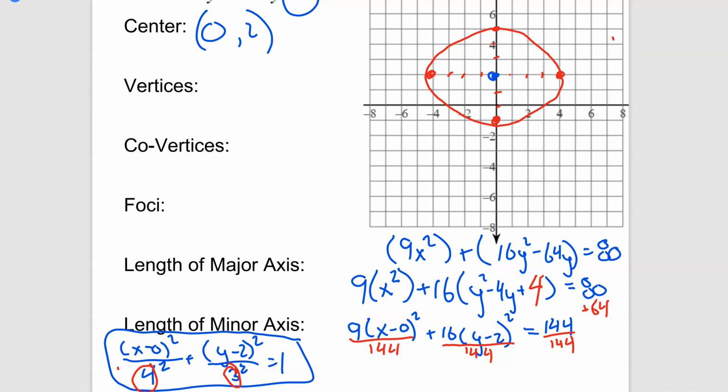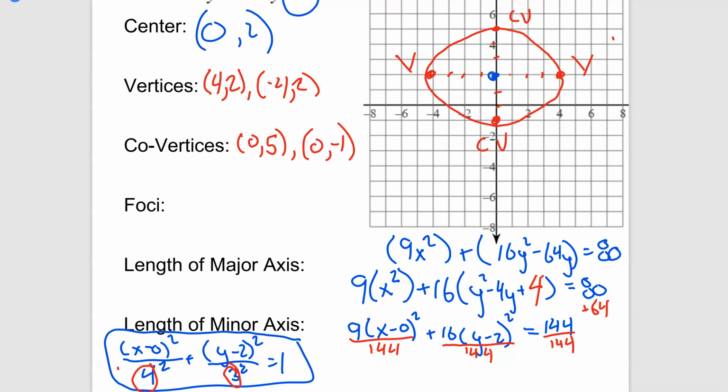Connect these up. Okay, I think we can tell that the vertices are going to be these two on either side because that's the longer piece. So the vertices are at 4, 2 and -4, 2. The co-vertices are the other two pieces. That's at 0, 5 and 0, -1. Now again, to get the foci,